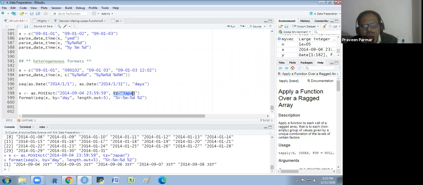Here we could use the time zone also. Here we could not use the time zone. We are unable to use the time zone in a sequence. Here we first make it as per the time zone. Here I think maybe there is the option of the time zone, I don't know, in the as.Date.